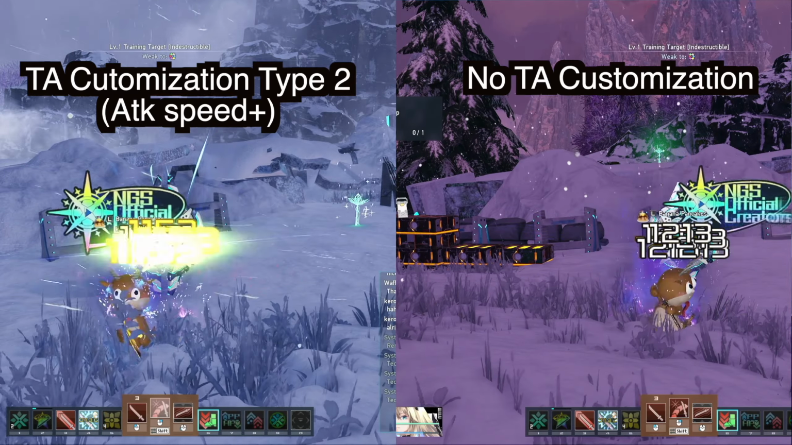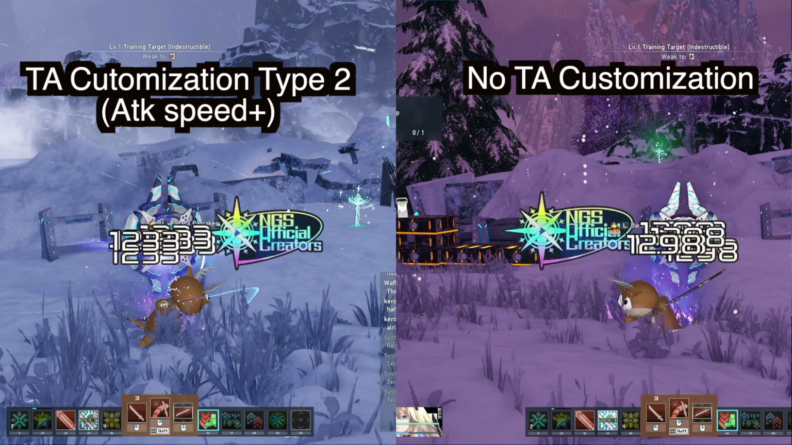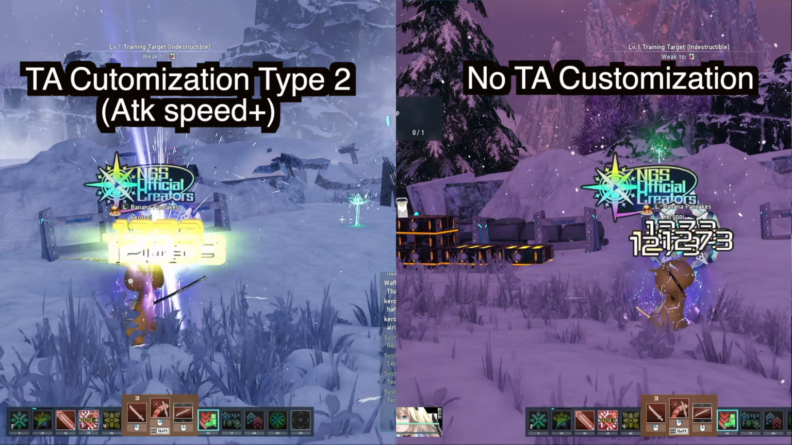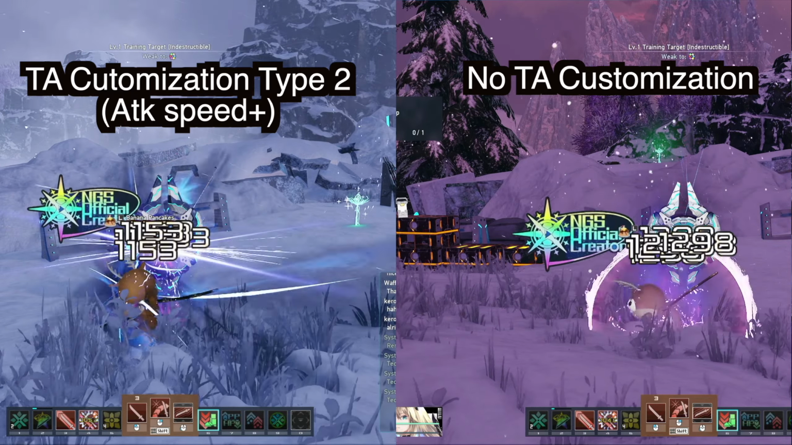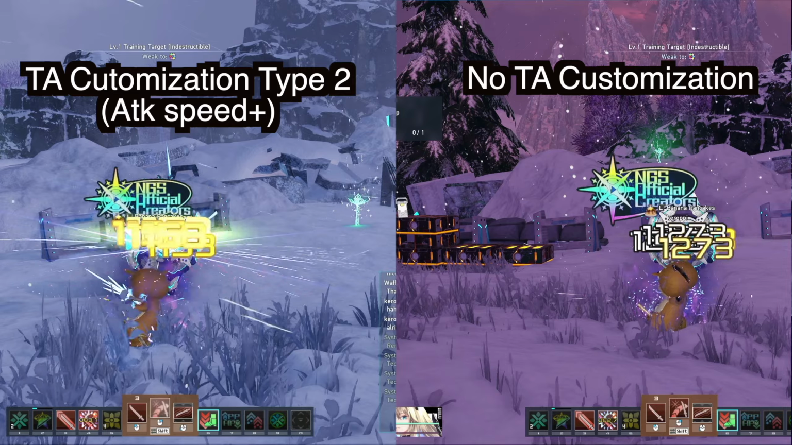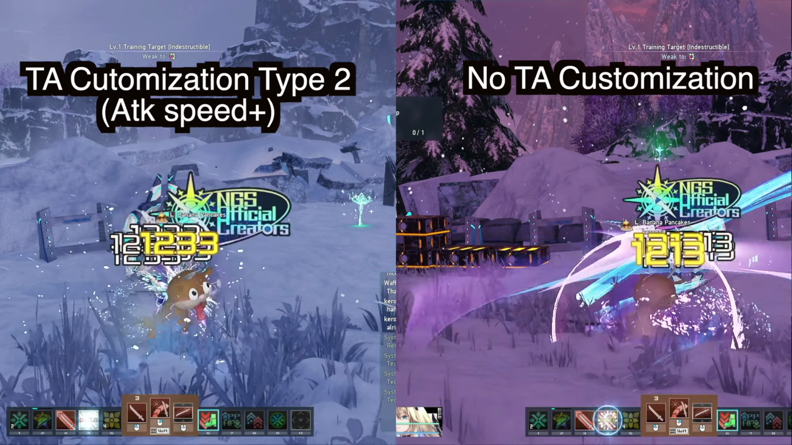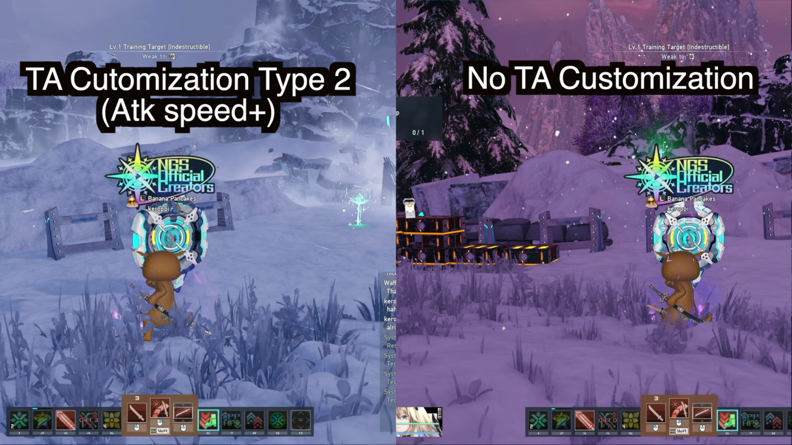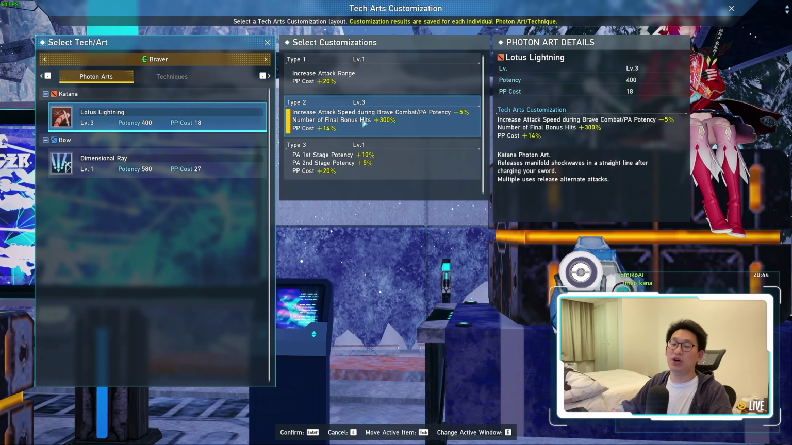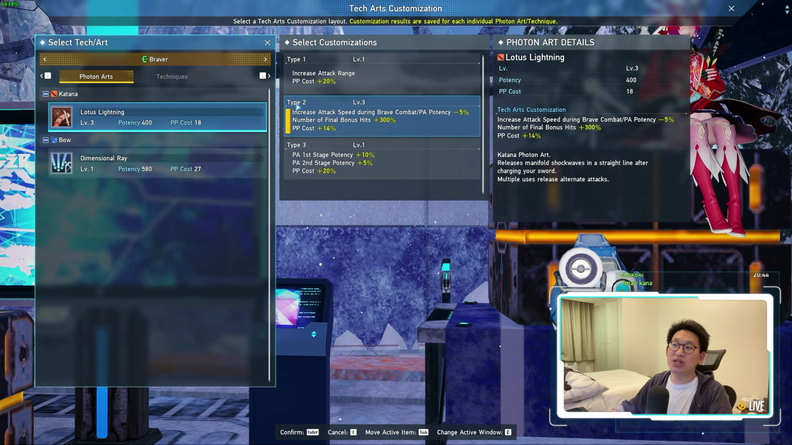As you can see in the B-roll right now, when I do have this extra attack speed, I can do 15 rotations of Lotus Lightning. When I do not have this, I can only do 12 rotations of Lotus Lightning. So you are getting an additional 3 rotations of Lotus Lightning. Keep in mind, Lotus Lightning hits 7 times. So that means I'm getting an extra 21 hits on the enemy just because I am using type 2,